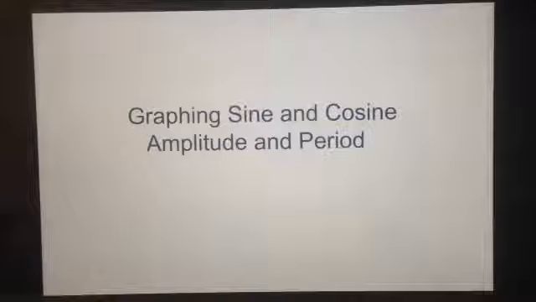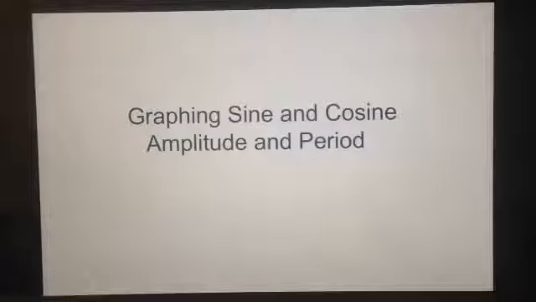This video is going to be on graphing sine and cosine by hand, specifically looking only at the amplitude and the period. That would also be known as a vertical stretch, that's amplitude, or a horizontal stretch, that's period, or compression, you can squish them too. So that's what we're going to do today: stretch vertically and horizontally, or compress vertically or